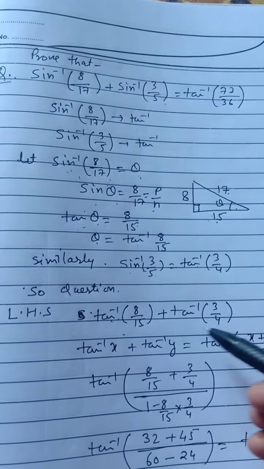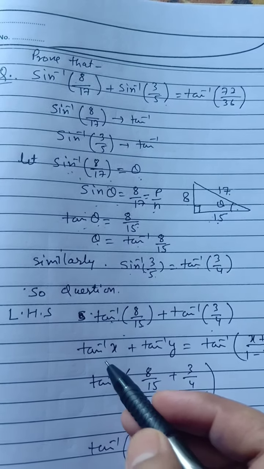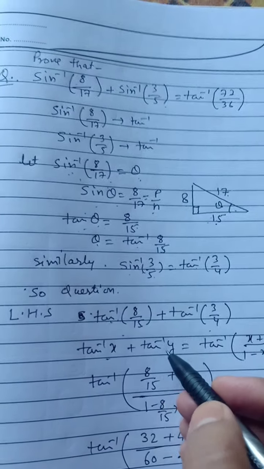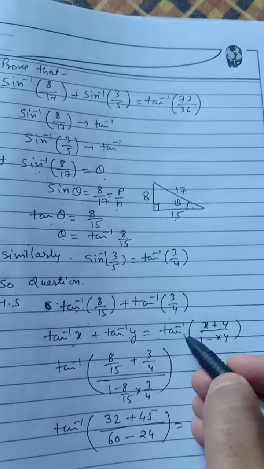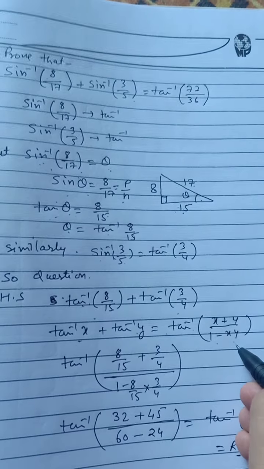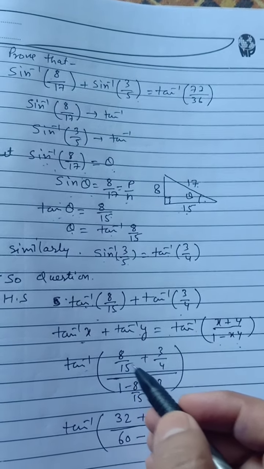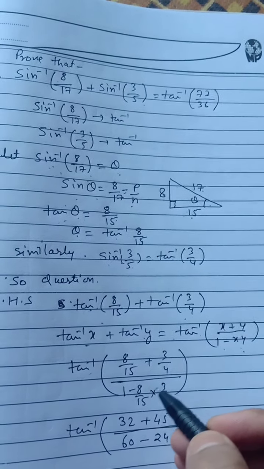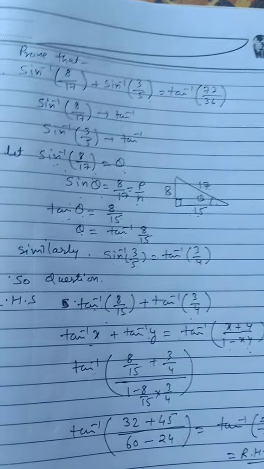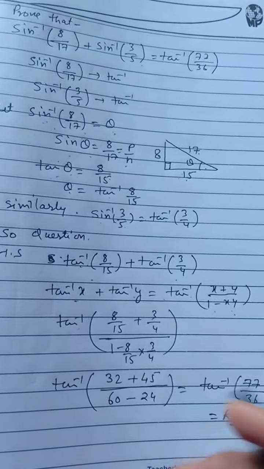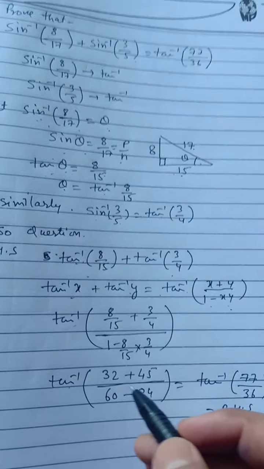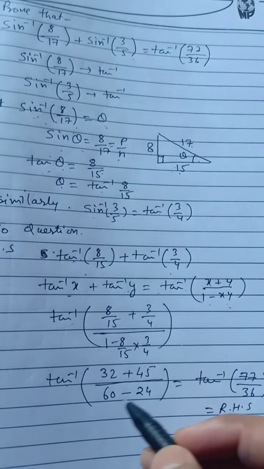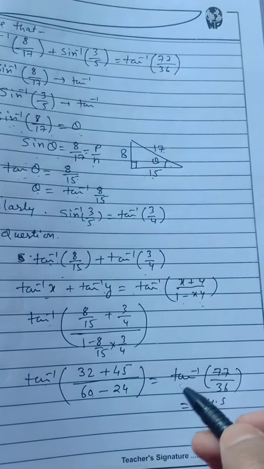Now we can apply the same formula as in the previous question: tan inverse x plus tan inverse y is equal to tan inverse of (x plus y) upon (1 minus xy). We get tan inverse of (8 by 15 plus 3 by 4) upon (1 minus 8 by 15 into 3 by 4). On solving this we get tan inverse of (32 plus 45) upon (60 minus 24),